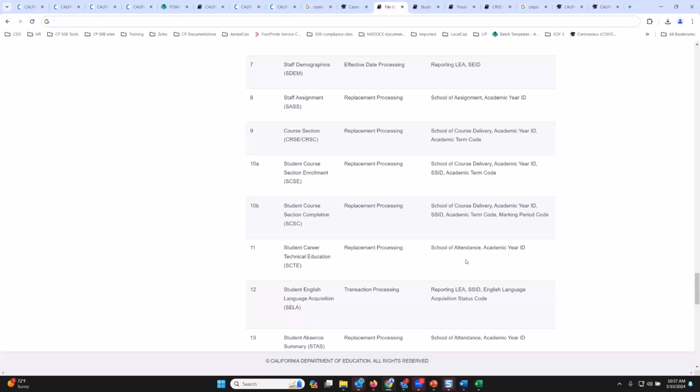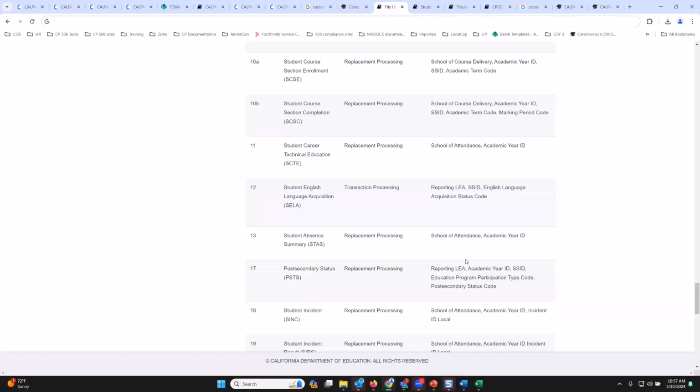And so right now, it is also key in understanding what files to submit to CalPads. So if you are certain that you have your staff demographic records, CRSC records already in a good place, I mean, it's final, there are no changes in terms of the seeds that you will be assigning to those courses, then by all means submit your SDM, your CRSE for both semester 1 and semester 2 because those won't change anyway, right?